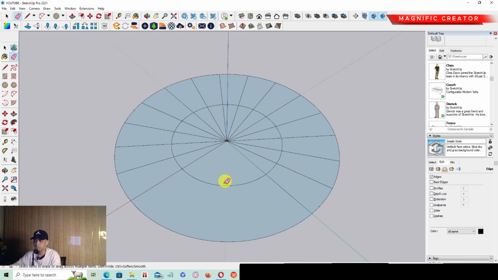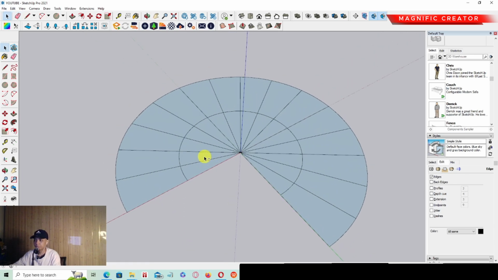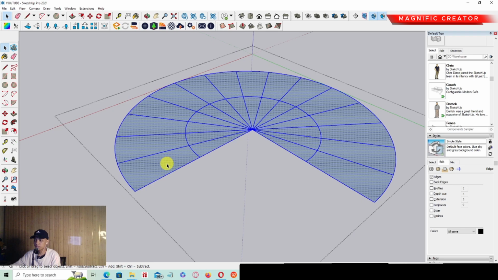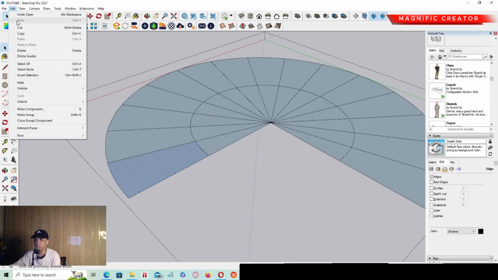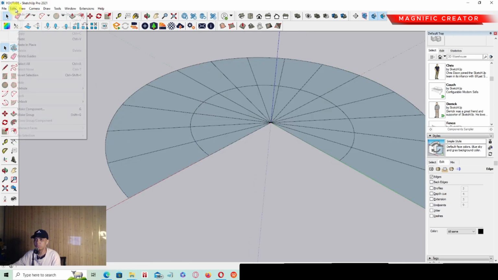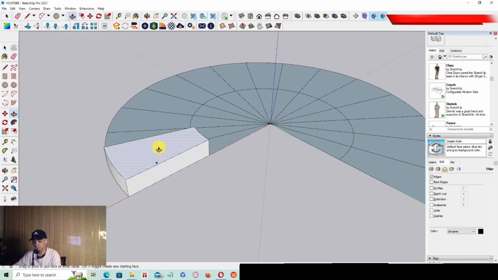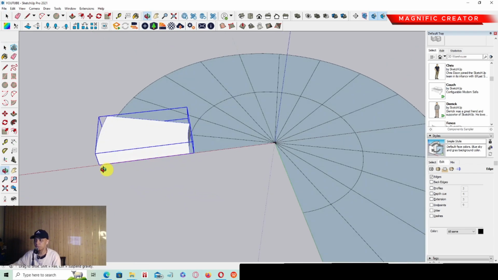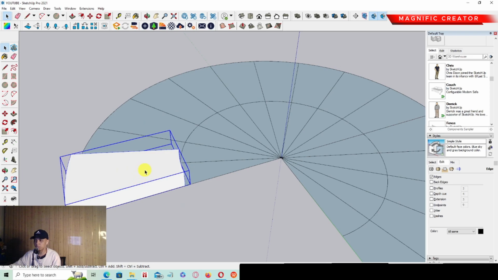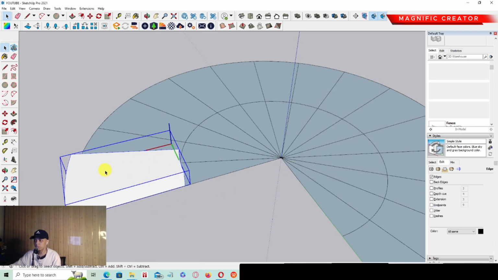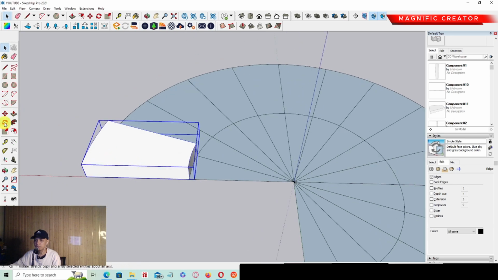We can select this one, and we have to make it a group first. Then we can click it, enter the group, and edit, copy, and then edit, paste in place. And then we have to push it up around 180 millimeters. Then we have to make a group, and we can select this staircase, and then we can make it a component and create. Okay, and then we have to rotate it